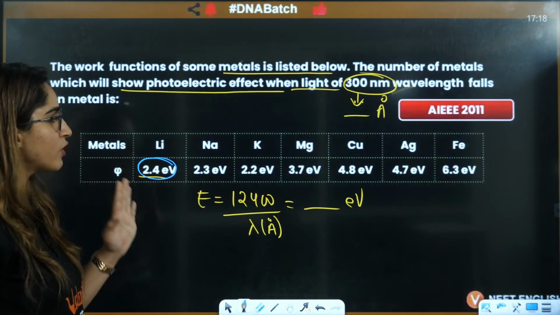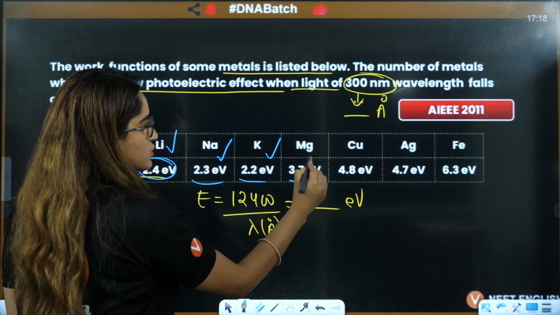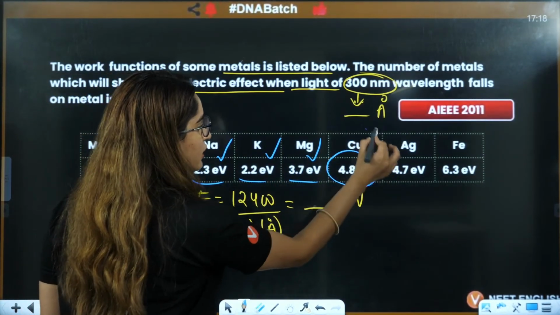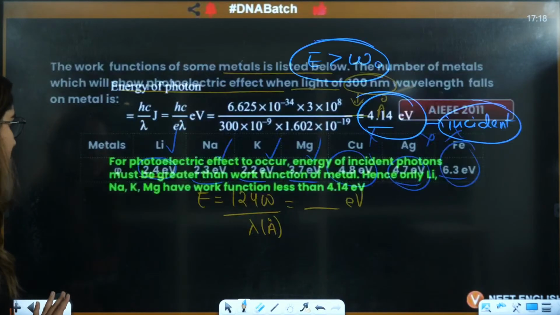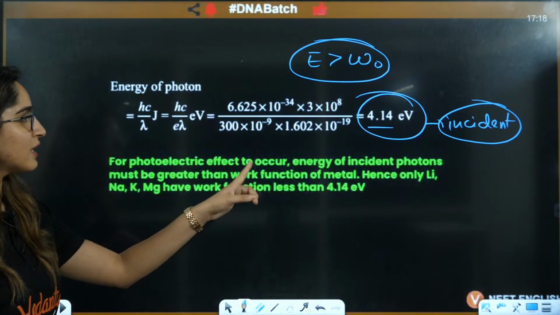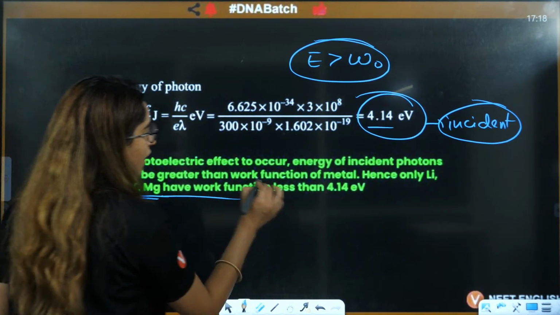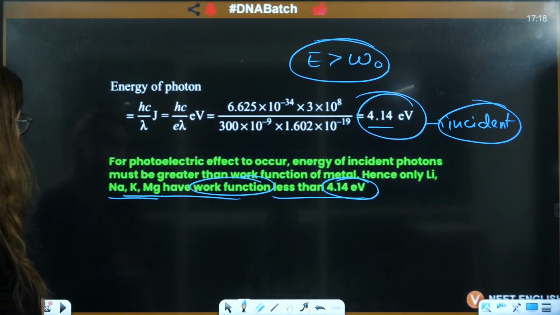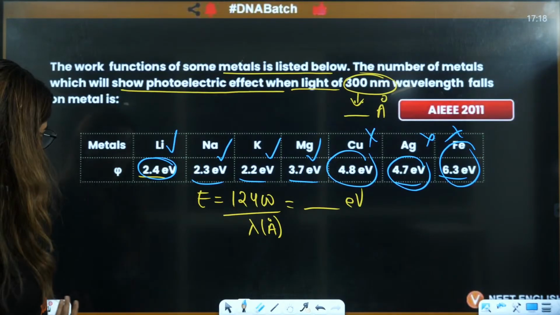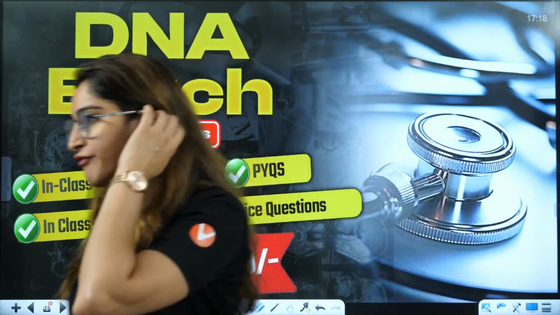It is greater for this one, for this one, for this one. This is not greater for this, this, and this. That means, can we say that the photoelectric effect energy of this should be greater? Hence, only lithium, sodium, potassium, magnesium will have work function less than this. So, only these will show the photoelectric effect, right? Okay. So, guys, that's it about the photoelectric effect and the